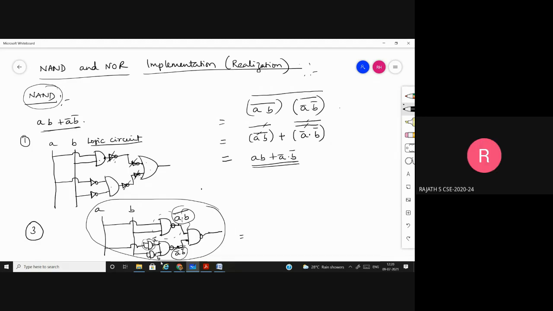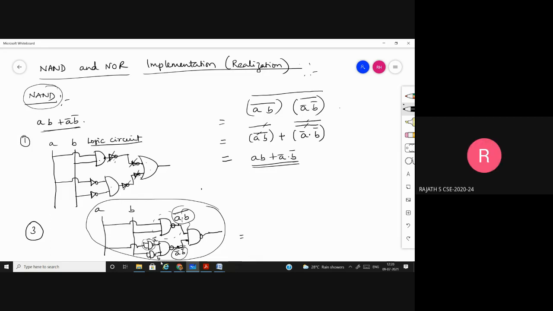Sir, this is the exclusive NOR gate equation, right? Exclusive NOR gate equation only we have written. We are replacing NAND and NOR in exclusive NOR gate, sir. No. We are replacing. This is the basic circuit which we have written. This basic circuit, its entire components are replaced by NAND gate.